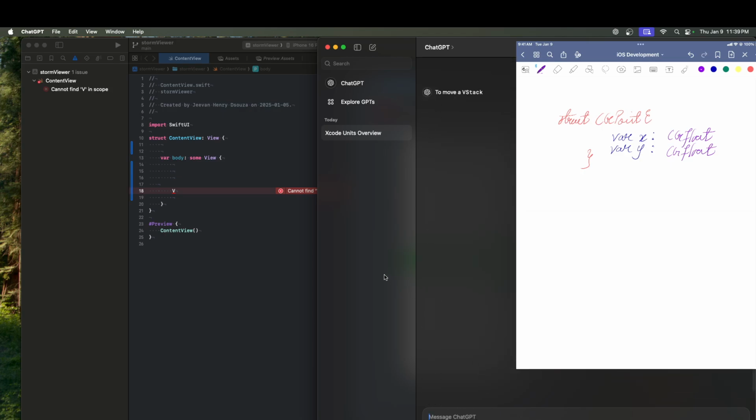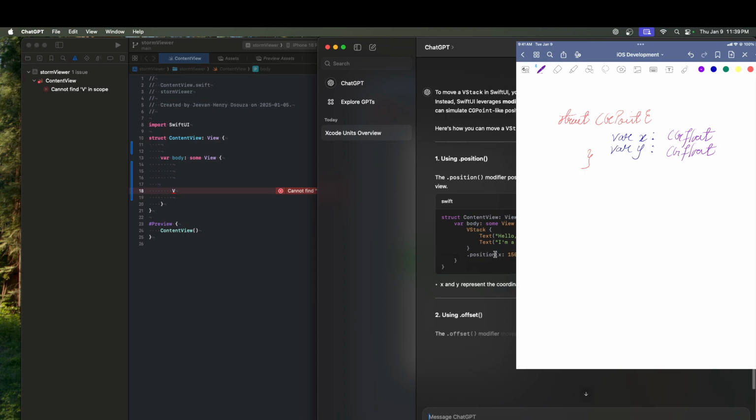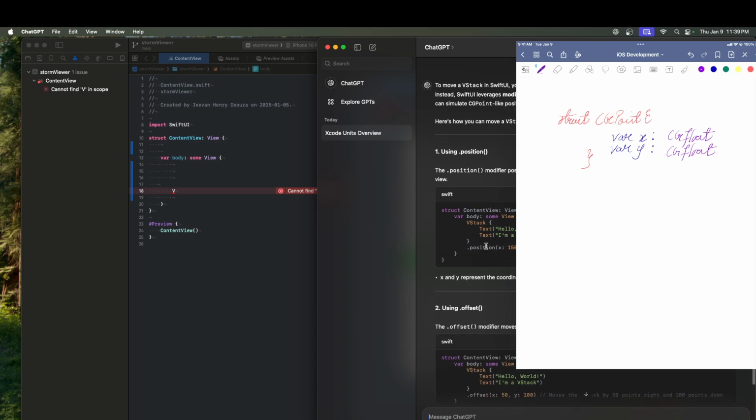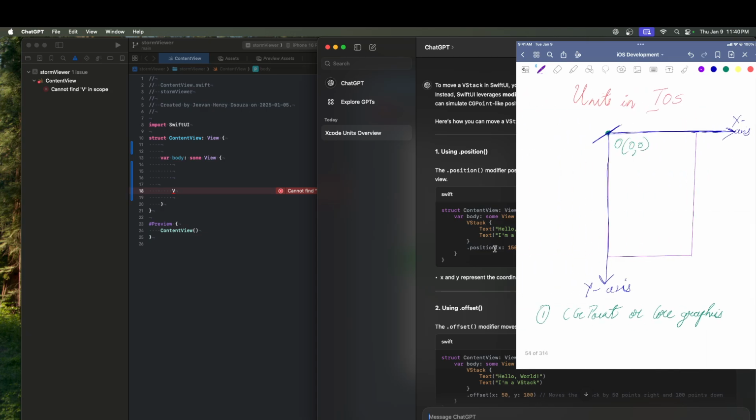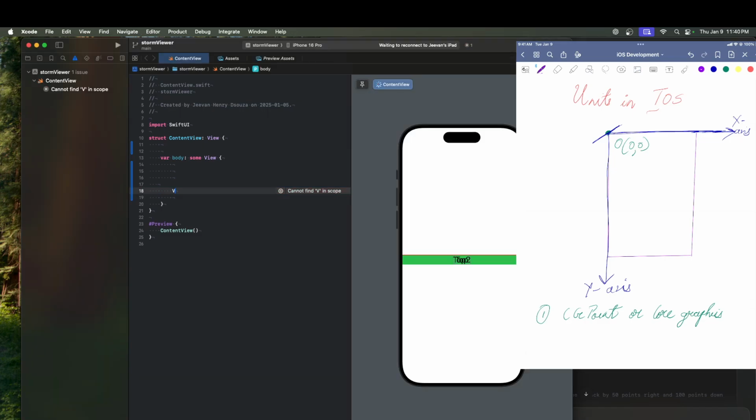We want to move the VStack, and we have something called positioning. The way to move is just position, and remember this is the origin. So wherever we place it, wherever we point to,